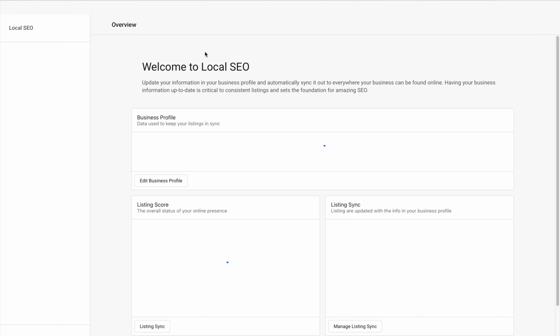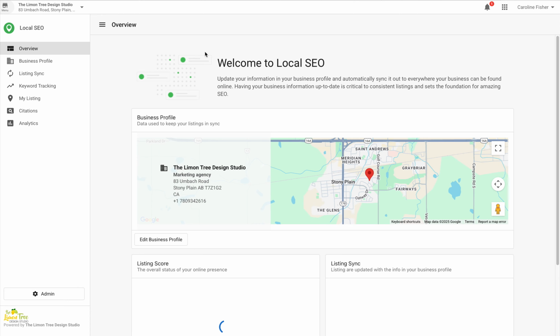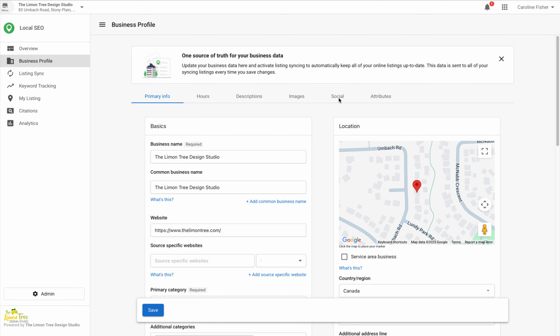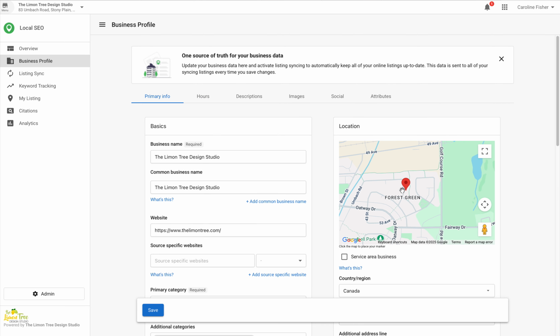and we're actually going to hit launch. It's going to start asking you to connect to certain accounts, fill in information, and where you're going to want to start is doing your business profile. So you're going to want to edit your business profile and add all the information here: hours, your website, your service area,